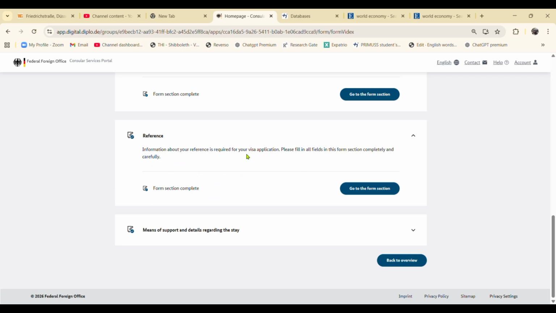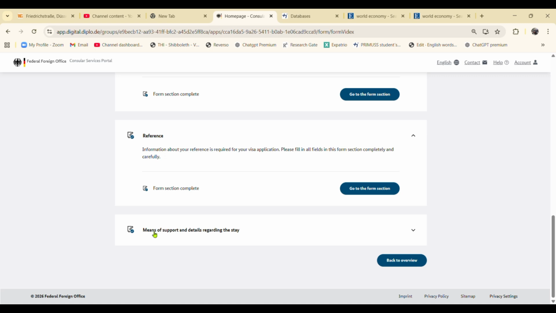You have to give a reference holder. You can give your university, I mean a Bangladeshi university, or where you completed your bachelor's. If you're from India, Pakistan, or any other country, then give the information relevant to your bachelor studies or any professors as a reference, and then save it and go to the overview. And then finally,